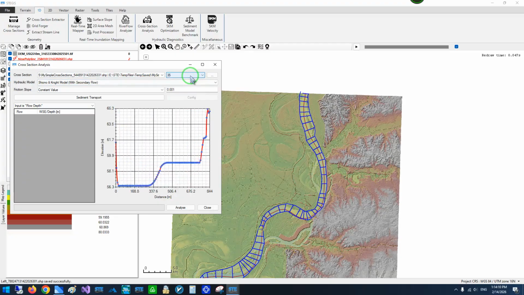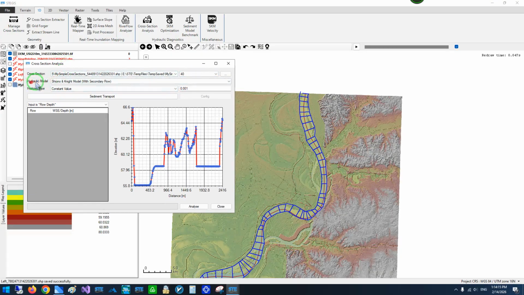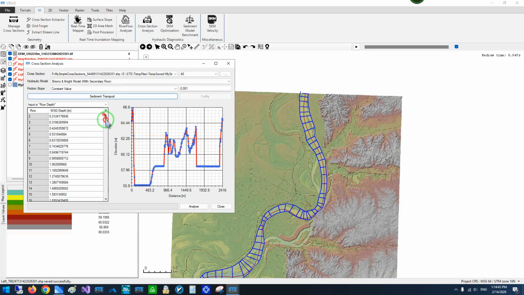For example, here I select this one, and by selecting the hydraulic model, a friction slope, which can be variable or constant value, and we can even analyze sediment transport here, which I will create another tutorial video for later. I want to do a full bank analysis with a precision of 100 rows, which will make my analysis more accurate